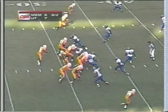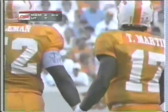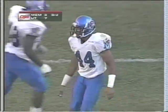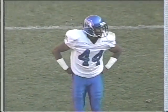It's 3rd down and 3. Big down for the Tennessee offense, and incomplete. Threw it a little high for Cedric Wilson and couldn't bring it down. It would have been enough for a first down, but once again the Tennessee offense, which has sputtered the entire football game, sputters here in the second half, 3rd quarter, and so they'll have to turn it over once again